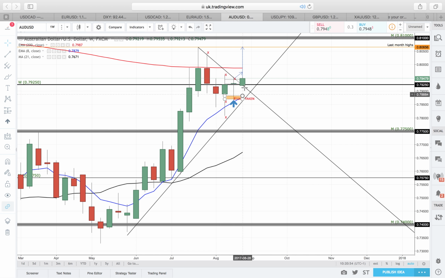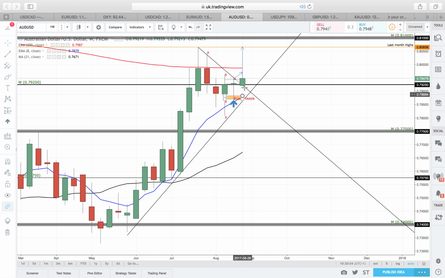On the forward chart, what I'm expecting market to do is we've taken out these highs here. I want this high to be taken out as well. If market does come to take out this high, I will look for a retracement back onto this 0.79250. Possibly we could see it hit this trend line, the triangle trend line that I broke out of, to retrace. Then I'll be looking for market to give me bullish evidence around 0.79250 or this trend line, and market to shoot back up.